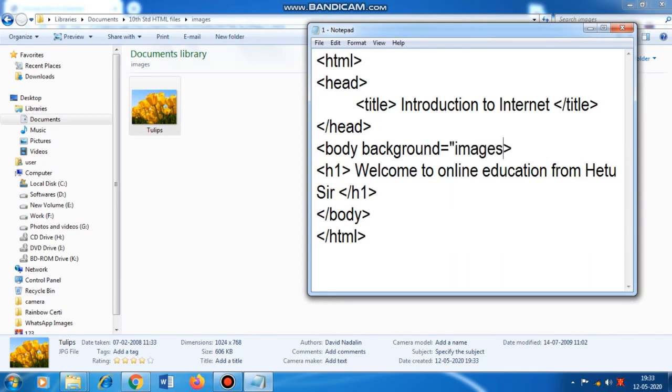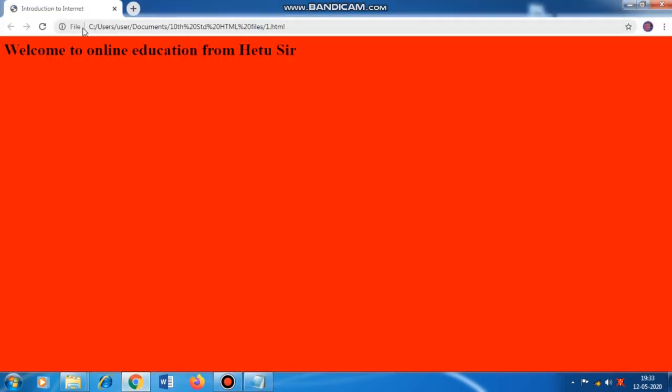Remember, this forward slash will come, backward slash will not come. Name of the image, TULIPS dot, what is the extension? JPG, in double quotes. Okay, now I save the file by pressing Ctrl S. Now I will see the result in the browser.